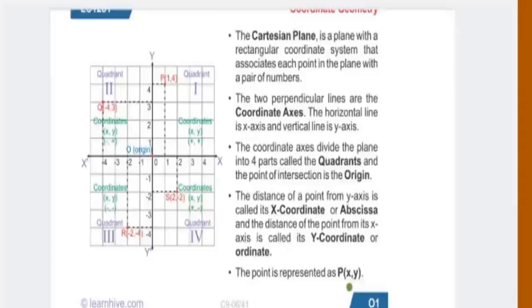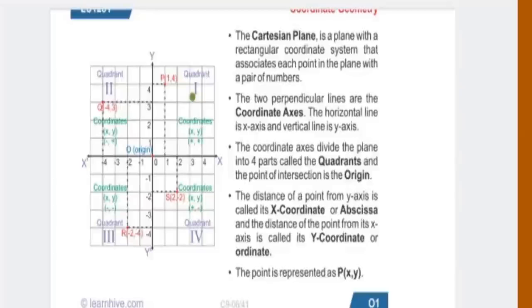So you remember here, ordered pair (x, y) and ordered pair (y, x) are both different, they are not the same. Suppose there is a point P(1, 4), then P(4, 1) is another point. Here suppose x equal to 4, 4, 1 means here it will come. Here x coordinate is 4, y coordinate is 1. So this point is (1, 4). So here ordered pair (x, y) is not equal to ordered pair (y, x). So this thing you have to remember, and also the sign of the coordinate.